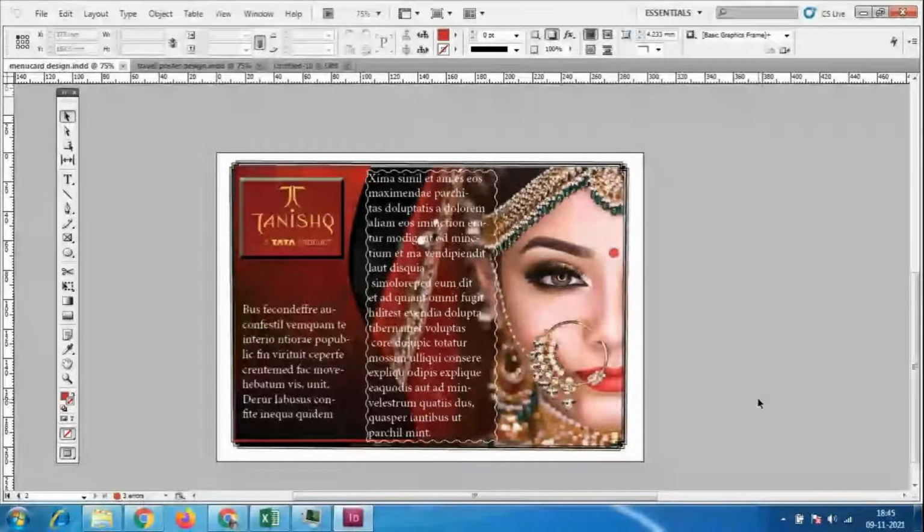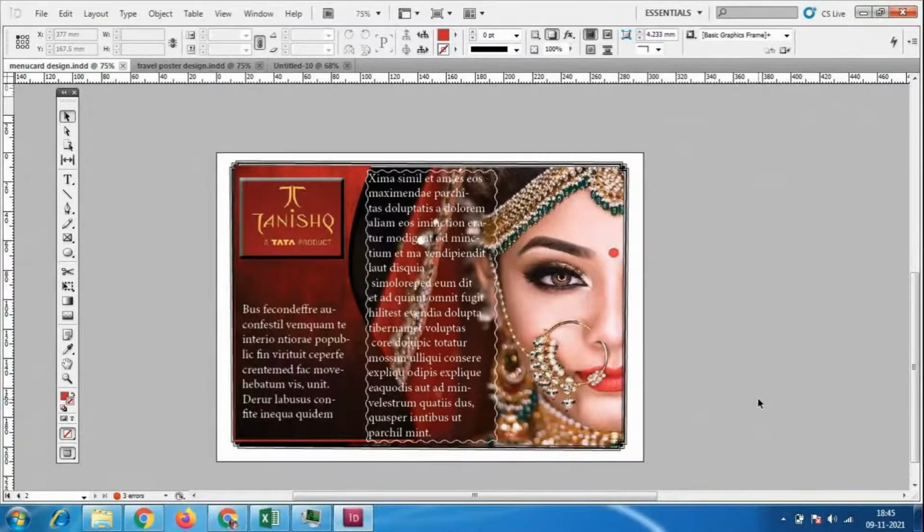So whenever you are creating a poster design, pamphlet design, or any of the designs, the design is totally different according to the contents. So always don't make a similar design. When you are doing this pamphlet design, at that time you have to add different contents, and you have to use different color combinations.